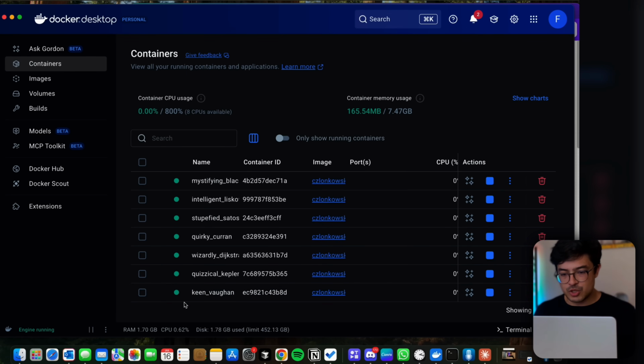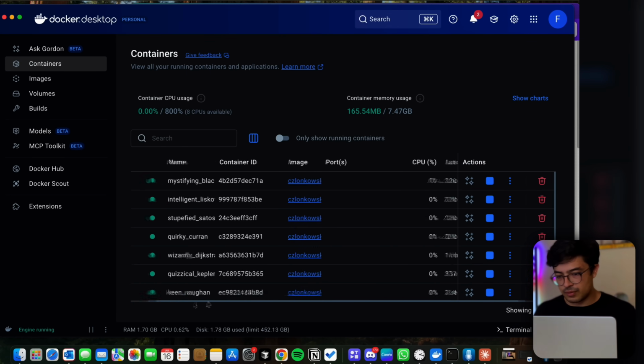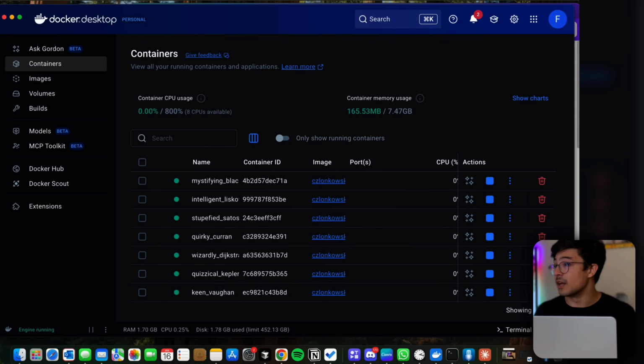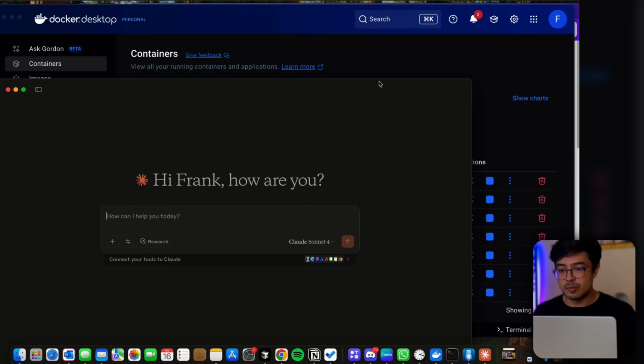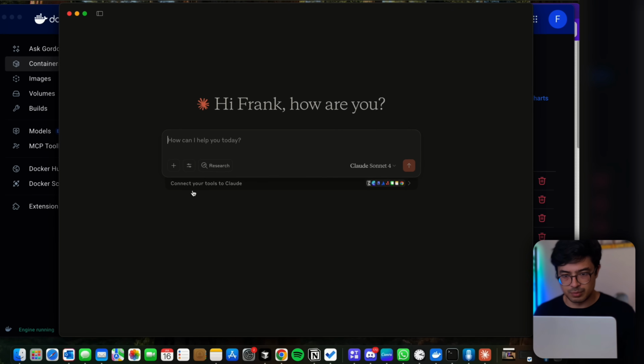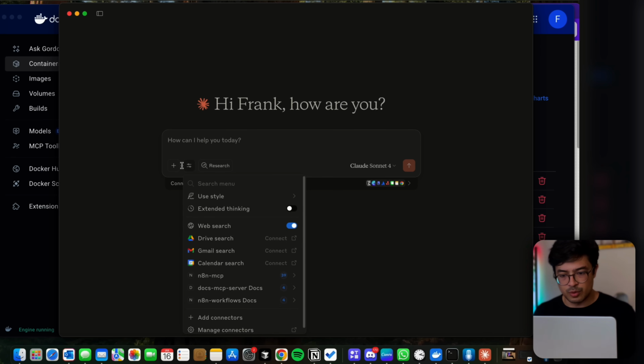So you want to make sure that at least the last one that you built is green, it's running, okay? So don't forget that. And you're going to go back and open Claude Desktop. So I'm going to put it over here, and if you go to the search and tools tab over here or